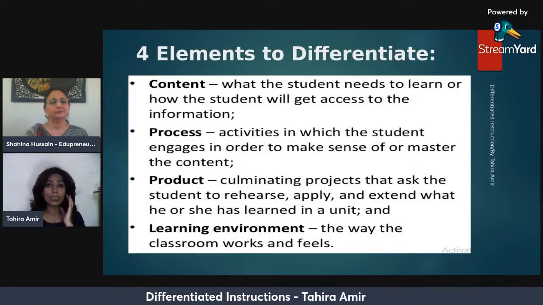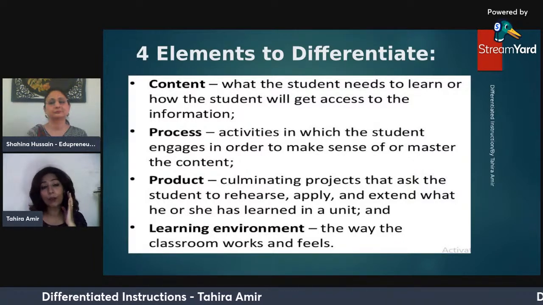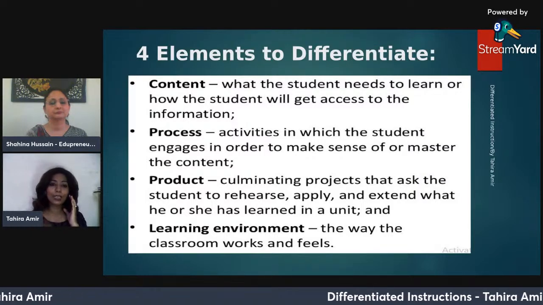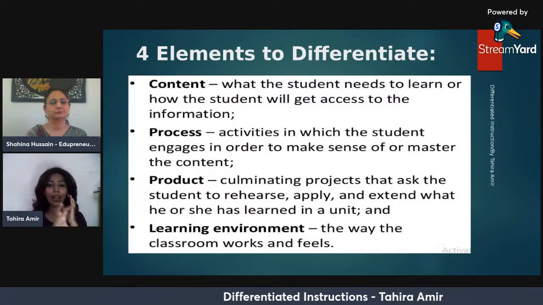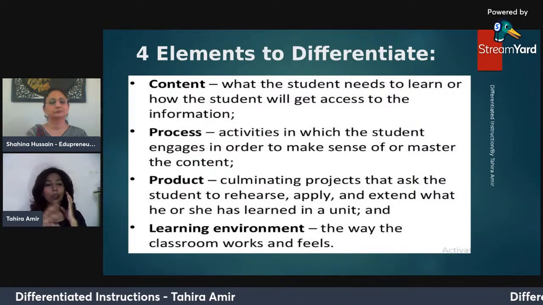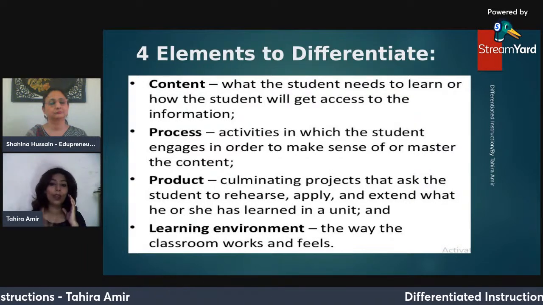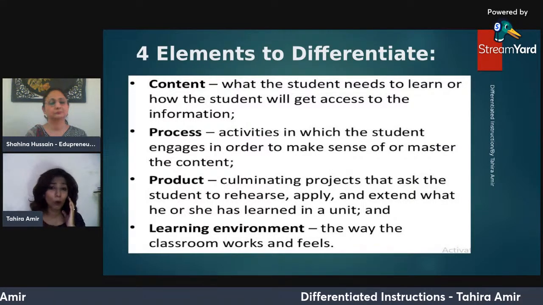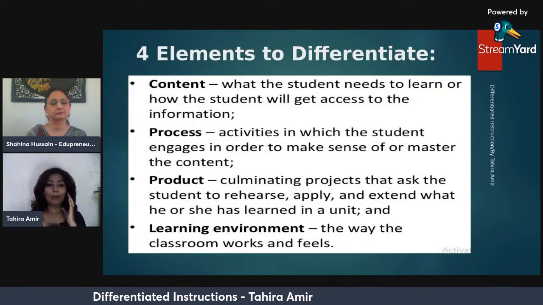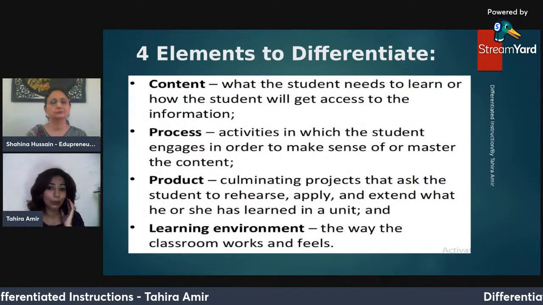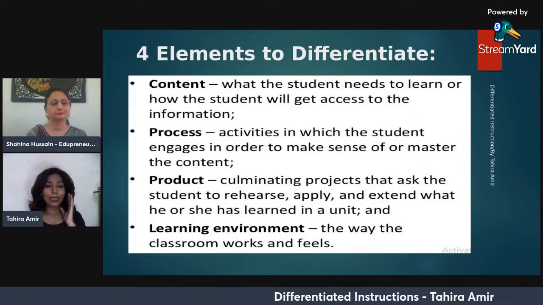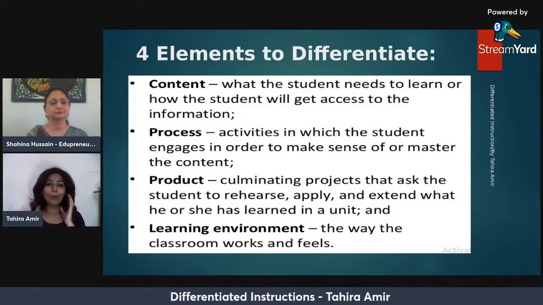The fourth is the learning environment. Learning environment is very, very important throughout the process. It's because we need to understand the physical and psychological needs of the student. If the classroom is comfortable, it's providing all the arrangements and support for the student to learn. They could be put into different groups, they can be learning as individuals. So it is very important that the classroom is set in a way that each child is able to enjoy